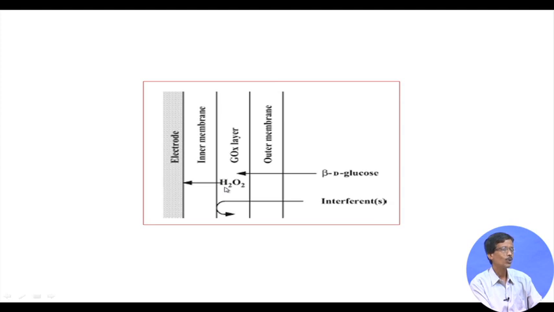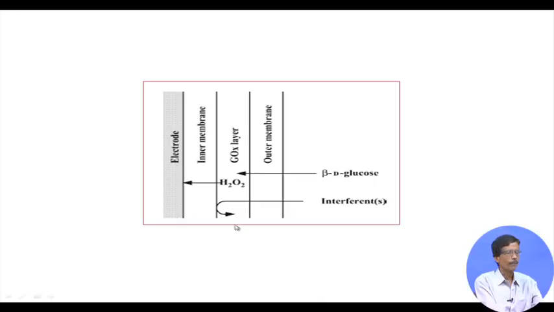Now your O2, as we discussed in our previous class, can be reduced by 2 electron reduction to hydrogen peroxide. Just now in our previous class we also saw the rotating ring disc electrode. The rotating ring disc electrode can have some sense for formation of water molecule from O2 or formation of hydrogen peroxide from your O2. Depending upon the nature of these reduction reactions, we should exploit this nicely to understand the path. So, the enzyme we are talking about